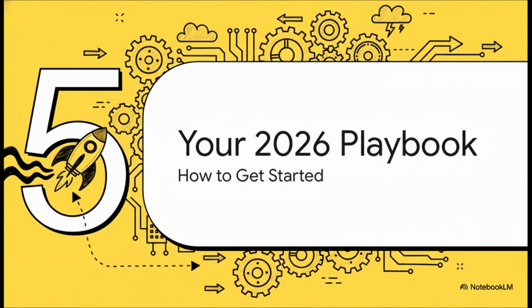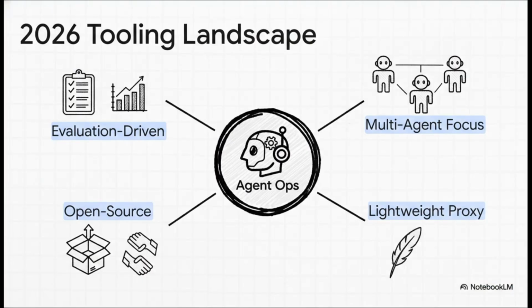All right, so this is all incredibly cool, but let's bring it back down to earth. What does this mean for you today? How can you actually start preparing for this future? Let's walk through the playbook. The really good news here is that you don't have to build this all from scratch. A whole ecosystem of agent ops platforms is popping up. Some are really focused on evaluating the quality of your AI's output. Others are built specifically to manage these complex multi-agent systems. There are even some great open source options if you like to get under the hood yourself.